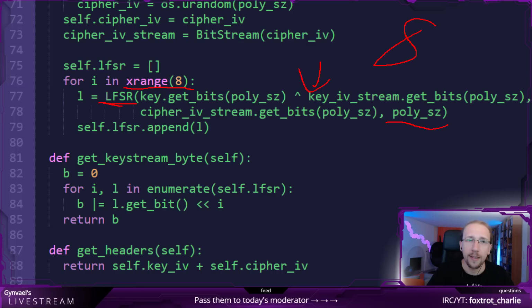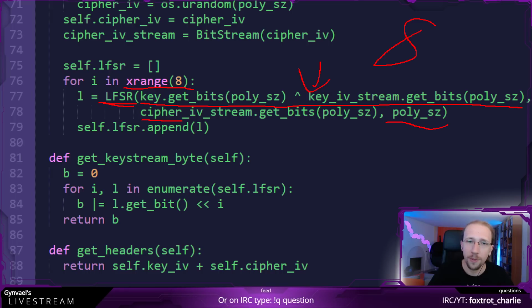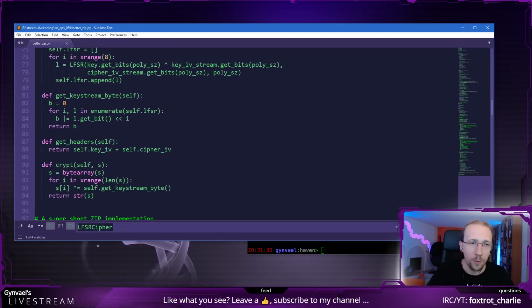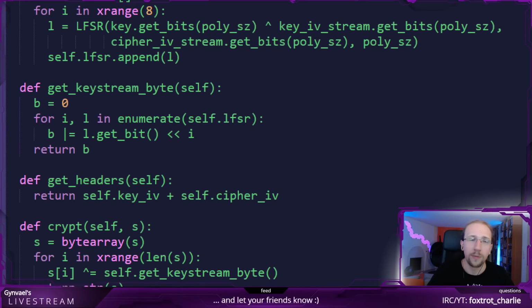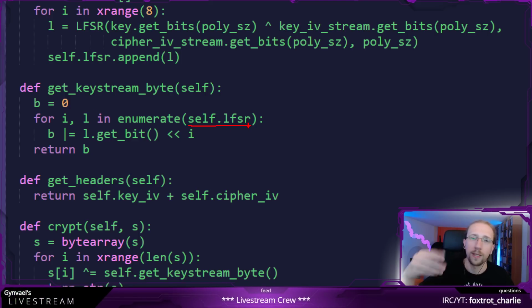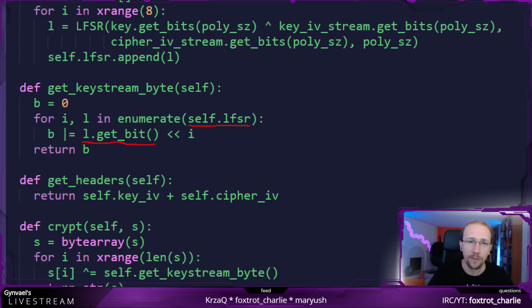Okay, so we create 8 random number generators. This probably is the polynomial, and this probably is the IV. And then when we want to generate a byte to encrypt the data, we call all of the 8 random number generators one after the other, and we get a bit out of them and shift the bit by i.